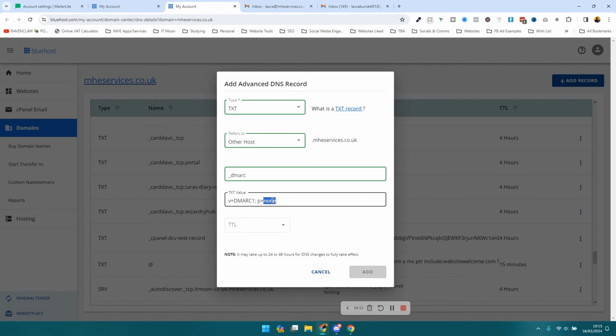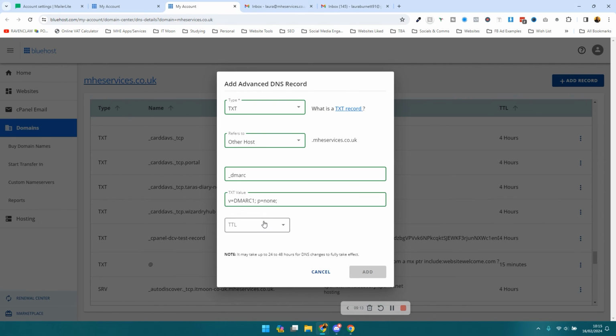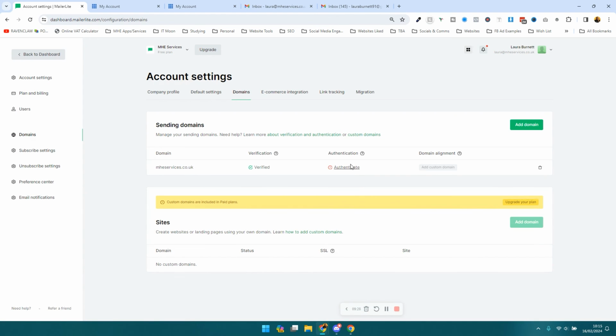So with DMARC, just as a quick summary, you can have none as your policy. So that means policy. You can have quarantine and you can have reject. But again, not going to go into that on here. This is just to show you how to do it. Change your minutes and then you'd press add. Now, there's nothing to confirm in here for DMARC because as I mentioned, it's not something that you have to have, but it's something there just in case you want it. Now, that's how you would update it. And then, as I mentioned, you'll come back in here and it will say that you've authenticated your domain